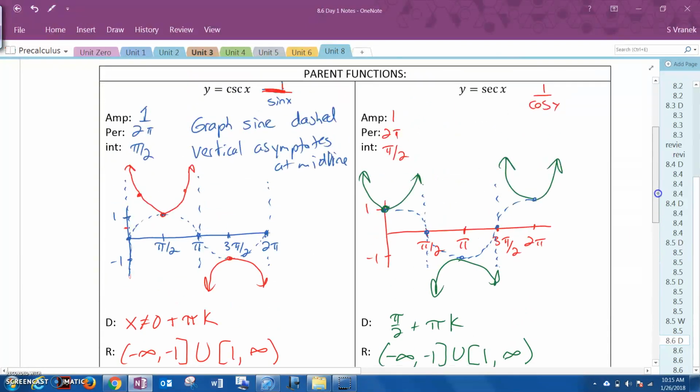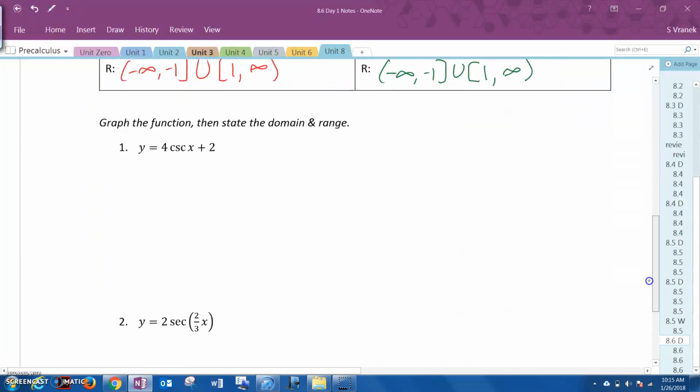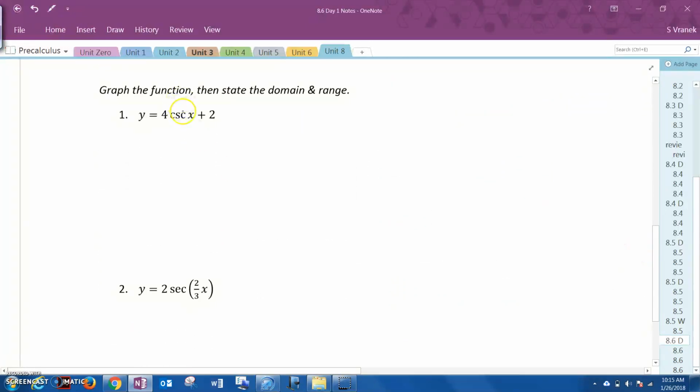The domain's probably the hardest one, so we'll talk about that for this next one here. So I see cosecant, so I think I have to do sine first. I have a shift up 2 and an amp of 4. Now, because it's just x, we know that that's 2 pi and an interval of pi over 2, just like before. So if I graph this,